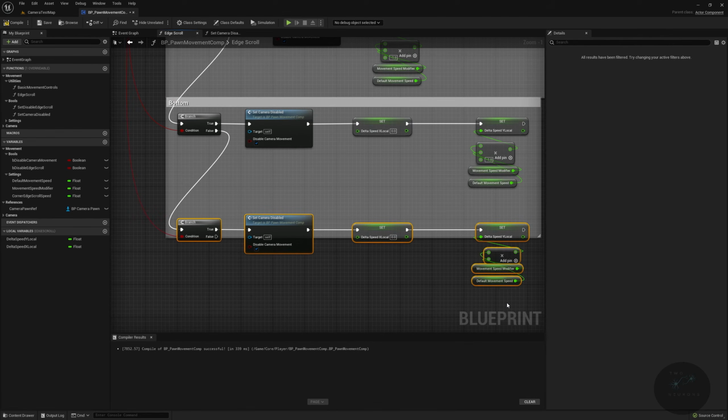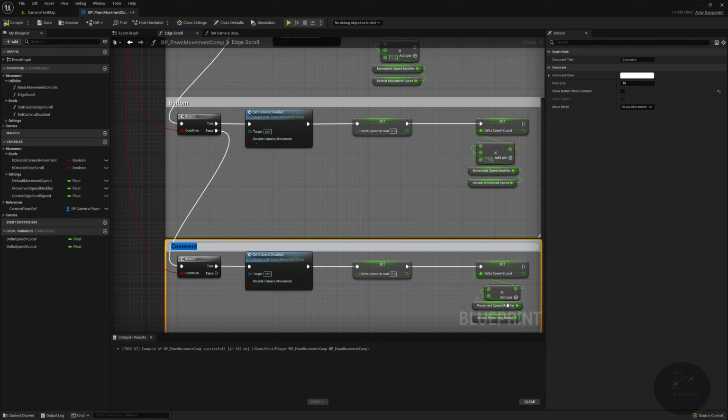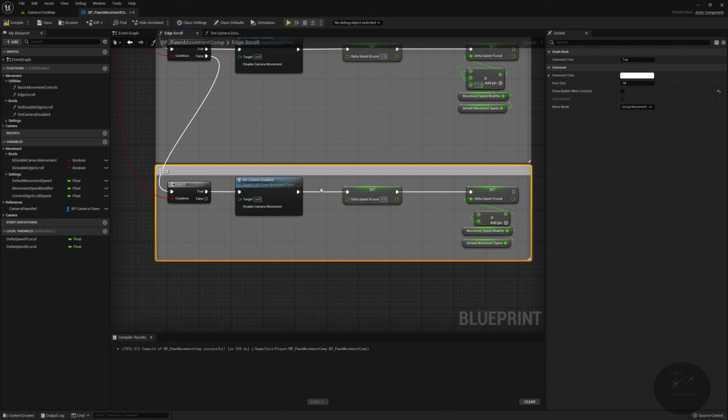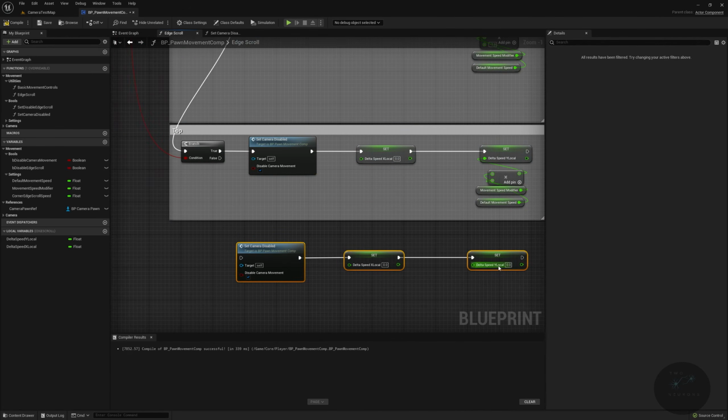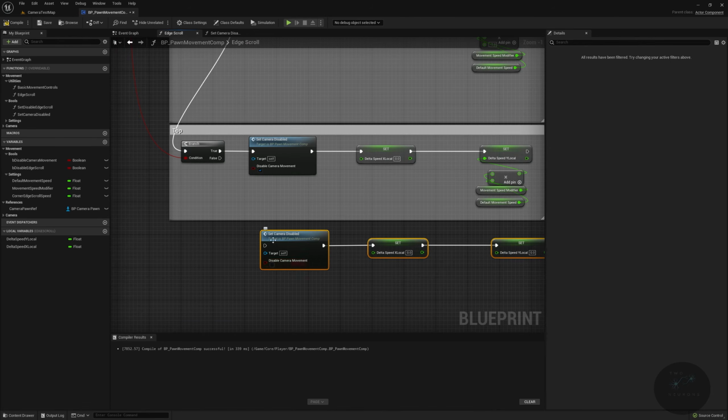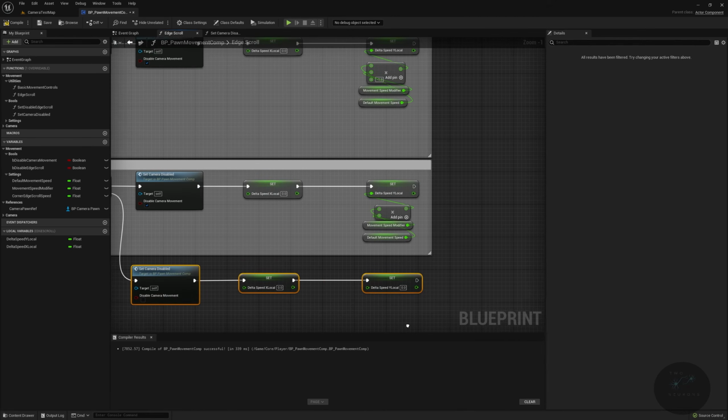And then let me just move all this down. This is top. And what we're going to do is have a catch-all. We are going to copy over all of this code, and we are going to leave it as 0 and 0. And we're going to change this to false, so that when we're not in any edge scroll condition, the camera is not just randomly being disabled and we